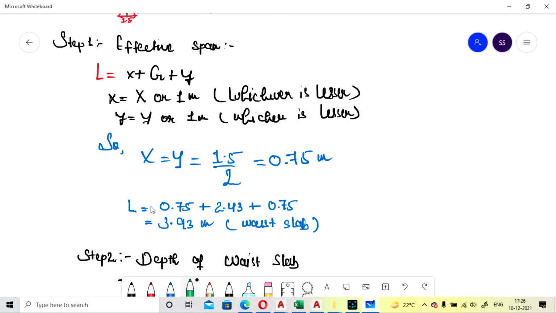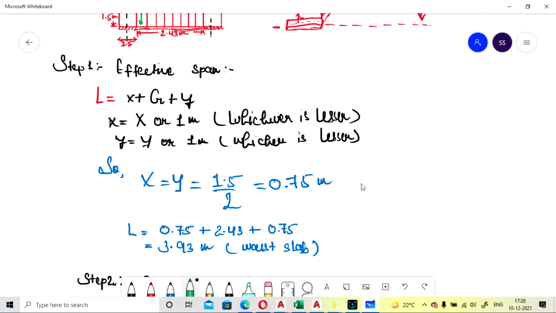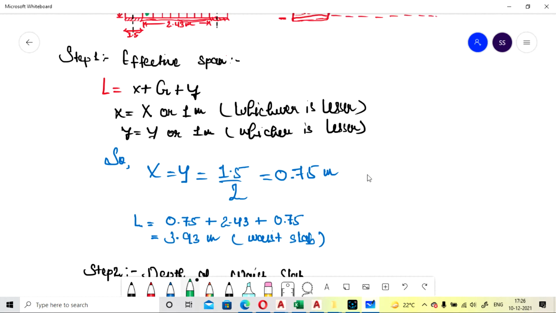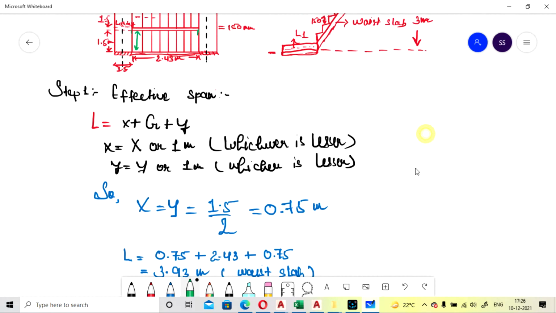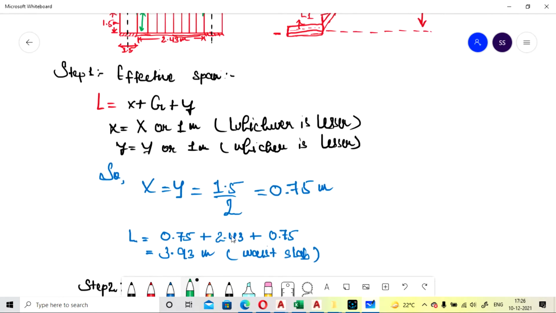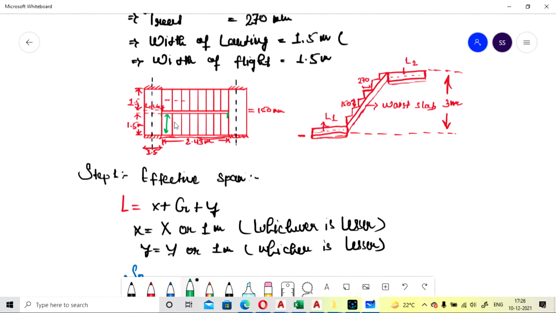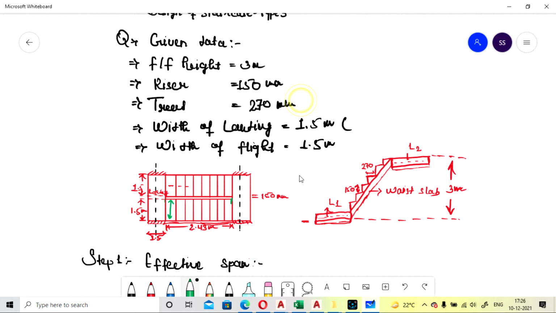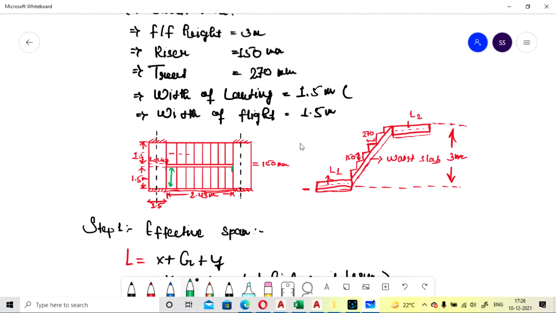Now for the calculation of effective length, it is less than 1, so we have to take the x value that we have calculated. Okay, so it is 0.75 plus 2.43, which is the total length of going. If you have the plan from the design or architect, you can get this length, and if not, you can calculate it from the total floor to floor height also.